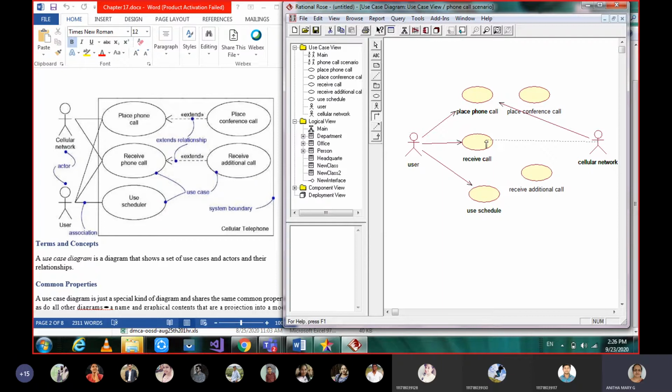The service has to be connected to that, yes or no. So that is what we have, and then we'll see the dependency sign.